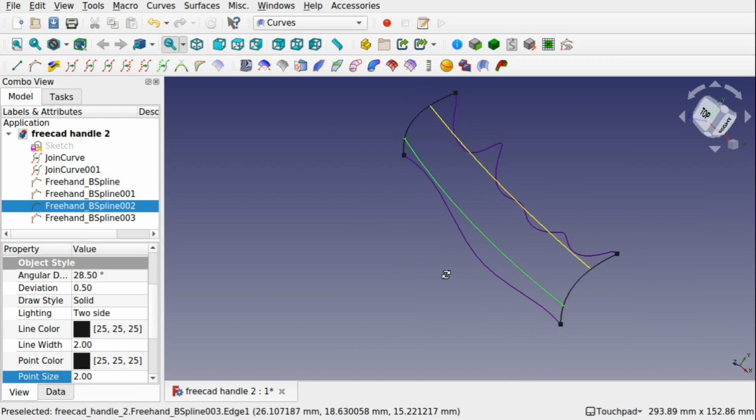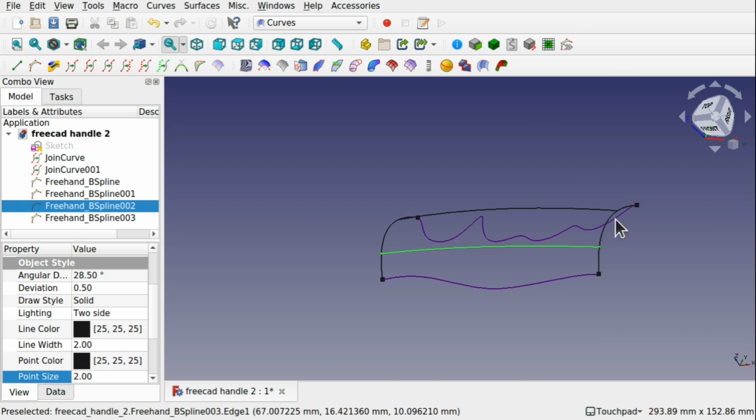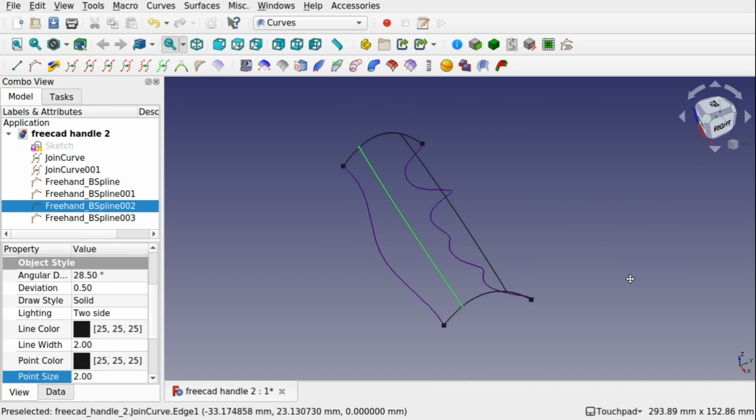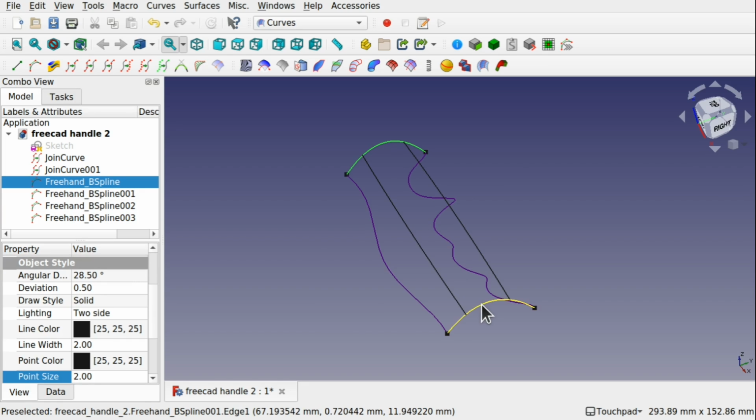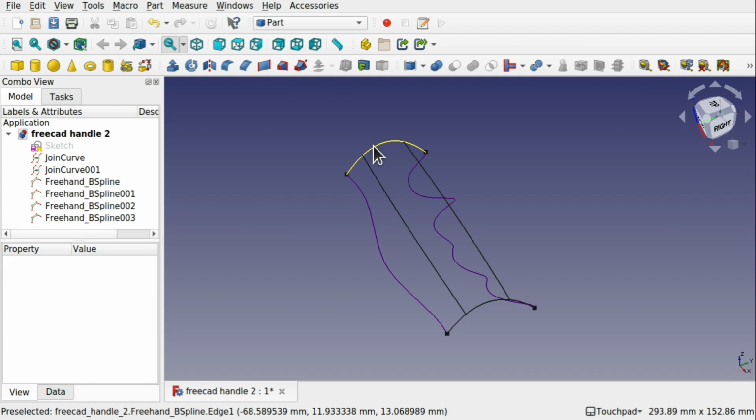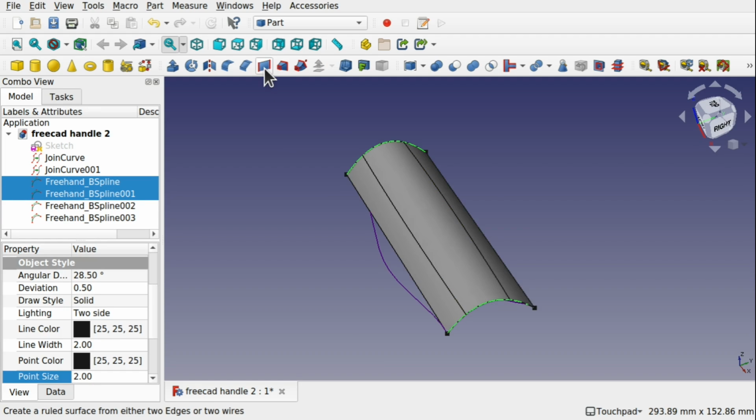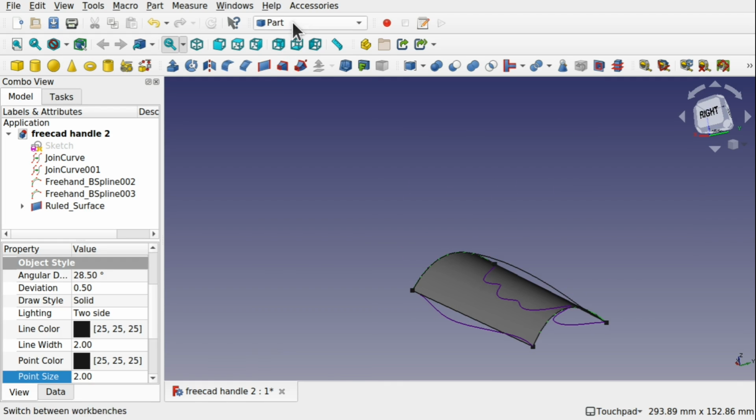So we've got 4 rails going across here. 1, 2, 3, and 4. We could use a golden surface across here, but I find the sweep across 2 rails or sweep across multiple rails a lot easier to use. So we're going to use these arcs as the ruled surface. So we need to come into the Part workbench, click both of these arcs, control click them, place a ruled surface across there, like so. Then we can come back into the Curves Workbench,